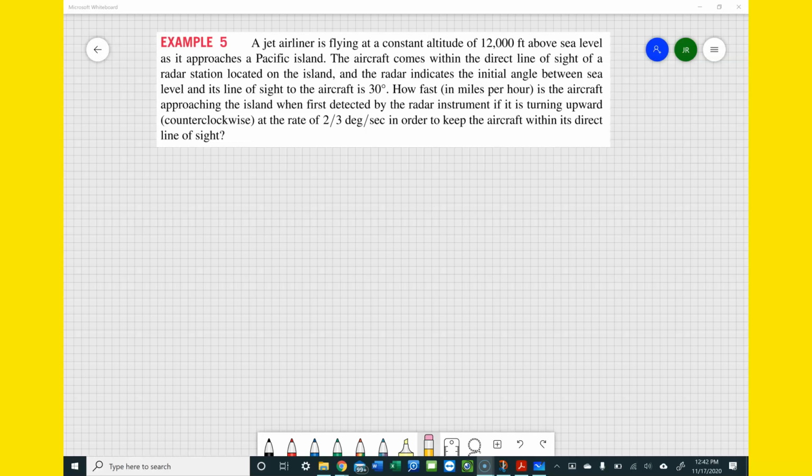The aircraft comes within the direct line of sight of a radar station located on the island, and the radar indicates the initial angle between sea level and its line of sight to the aircraft is 30 degrees. How fast in miles per hour is the aircraft approaching the island when first detected by the radar instrument if it is turning upward at the rate of 2/3 degrees per second in order to keep the aircraft within its direct line of sight? So if I'm drawing a picture of that,